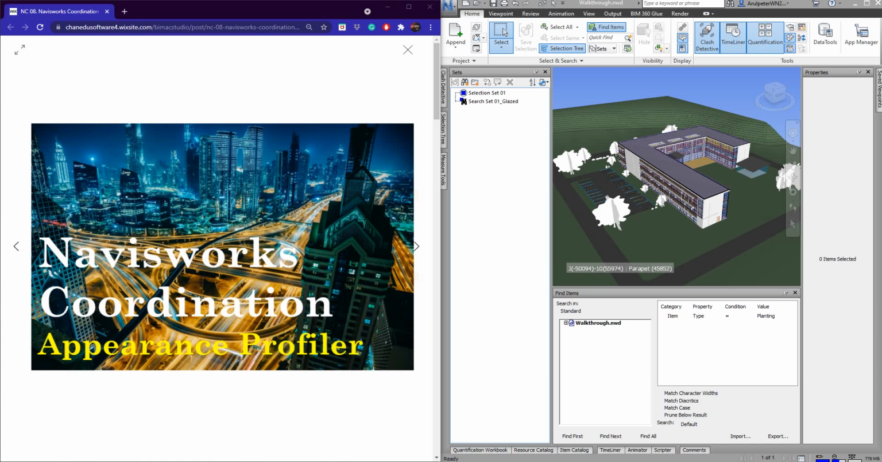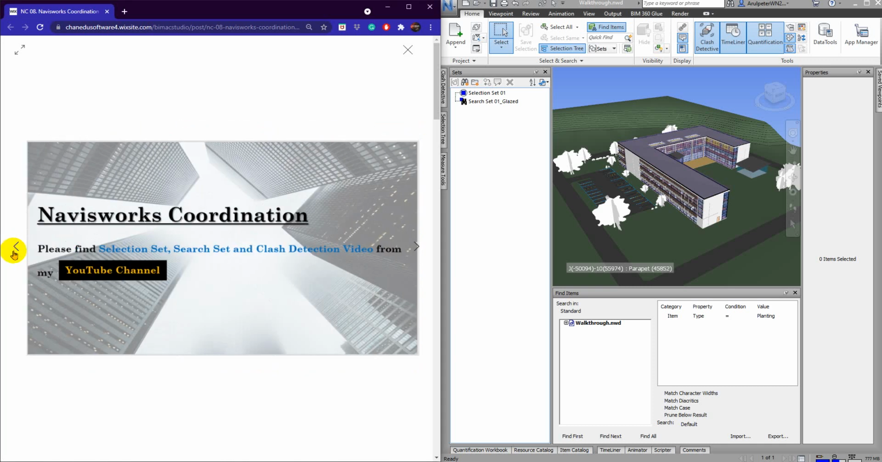So today's video, I'm going to show you how we can use the Appearance Profiler in Navisworks. Before I show you how to do it, I just want to let you know, please find the selection set, sets, and classification videos on my YouTube channel, because I have uploaded those before, and in the Appearance Profiler I have to use selection sets and sets. Alright,